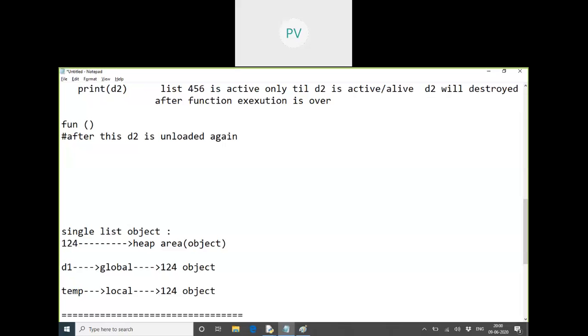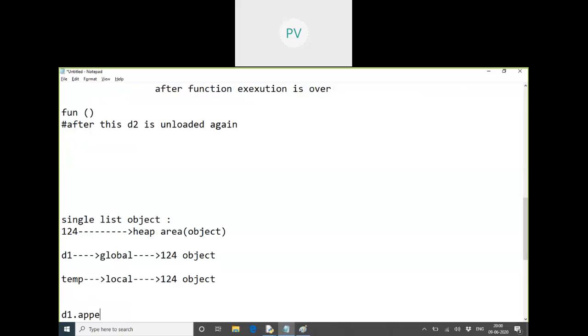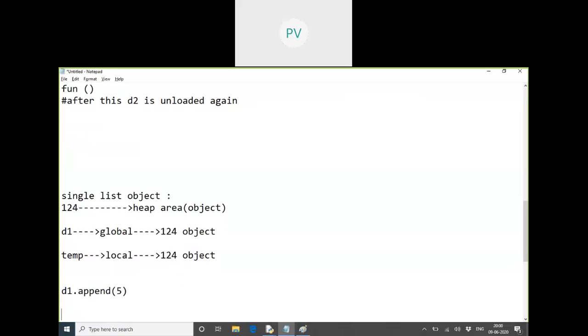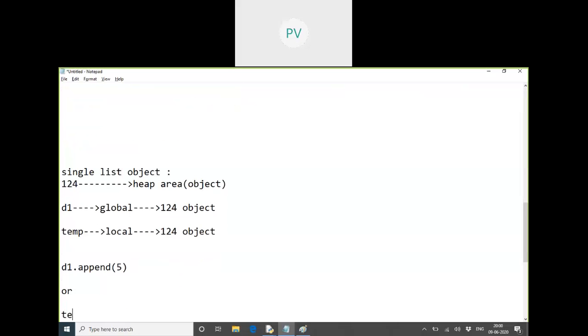So even if I type d1 dot append of 5, or if I type temp dot append of 6, where can I type this statement? Inside the function.